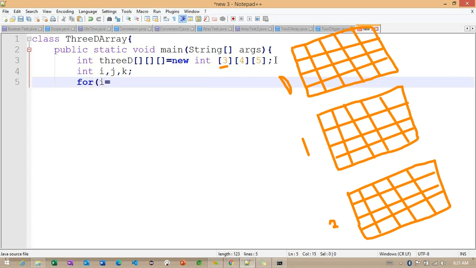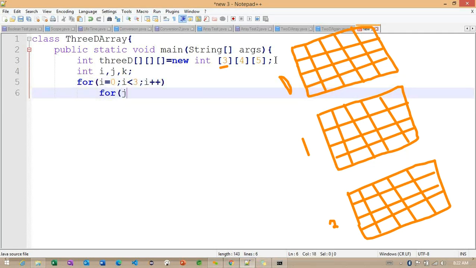So i is equal to 0, i less than 3, because this is our outer loop, and i plus plus. Then I'm going to work with the second loop: j is equal to 0, j less than 4, and j plus plus.